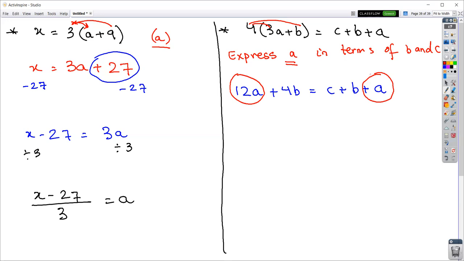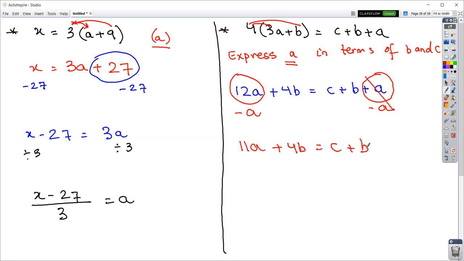So we are taking away the smaller one. So we're going to the inverse of plus a would be minus a on both the sides. So the left-hand side would turn out to be 12a minus a would be 11a. Then we are having plus 4b, and on the right-hand side, this will go and you'll be having just c